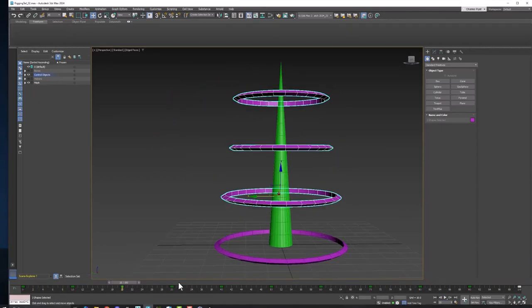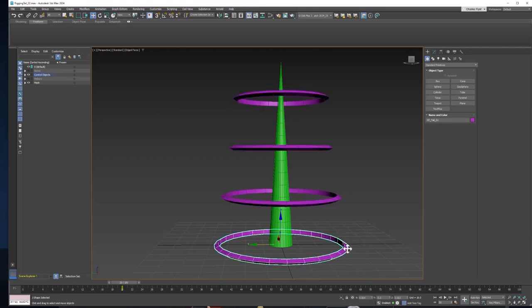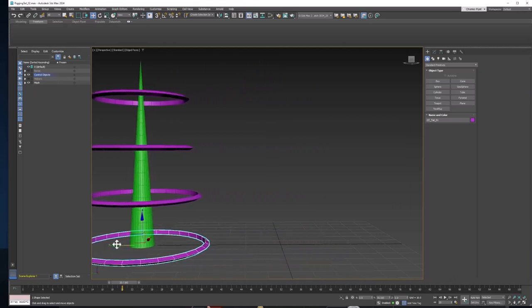Okay, so now we're going to animate the movement back and forth. And we're going to animate the position of this global controller. We're going to make it move back and forth. And this is like we would do if we were animating a walk cycle. So let's move this, turn off auto key, and then let's move this over to one side of the grid,